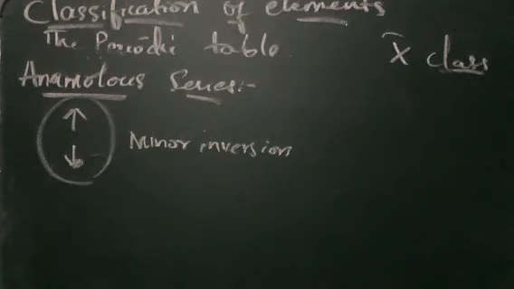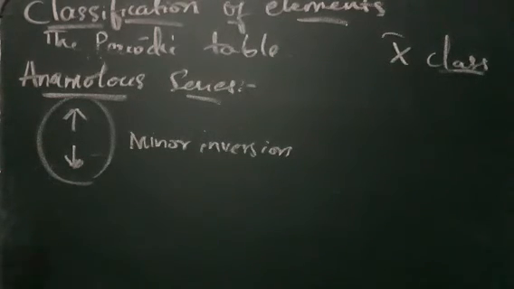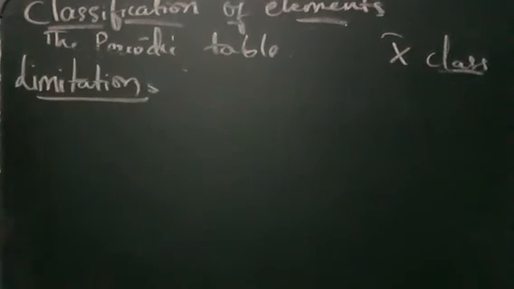So what did he do? He kept the order of increasing atomic weight, as this inversion resulted in the elements being placed in the correct groups. As Mendeleev was very extraordinary, all the chemists had to accept his explanation, and they agreed with this periodic table. But as we know, there were some limitations of this periodic table. What were those? There were a few limitations of Mendeleev's periodic table.